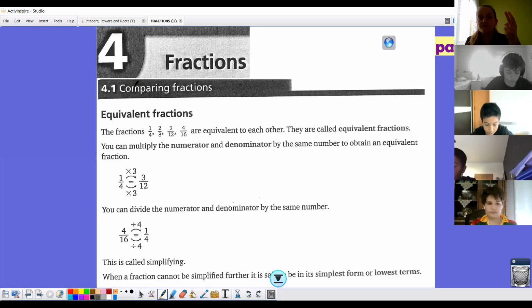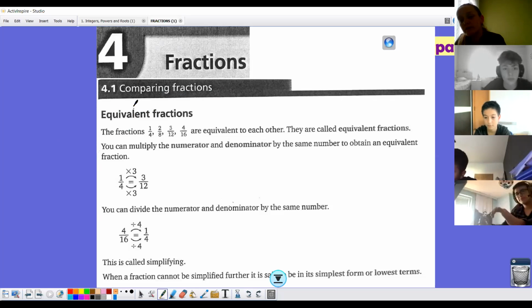When you compare two people, how do you say it? For example, Yavuz is taller than Amar. Amar is taller than Yavuz. It's comparing. Thank you, Nagib. So comparing fractions, if they are equal, which one is greater, which one is smaller,